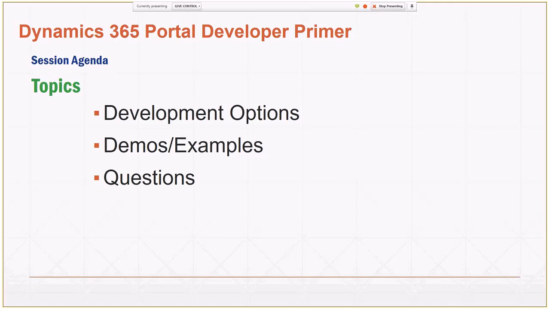I want to make sure I save some time at the end for questions, but if something pops up along the way, there's the chat window, I see it. We can try to address that. If it's something that's going to be a huge topic, then we can either save it to the end, or we can have a private conversation later and go through that. And if it's relevant to everybody, then maybe it's something I'll blog about or we'll share.